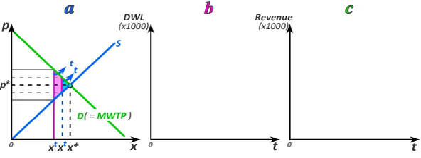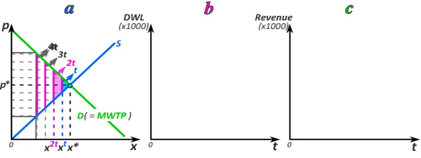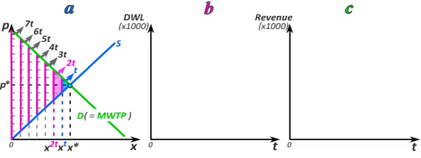We then double the tax rate to 2t and see how the deadweight loss triangle expands by the magenta area. Notice that the magenta area is 3 times the size of the blue area, and thus as we increased the tax rate by a factor of 2, we caused the deadweight loss to increase by a factor of 4. As we increase the tax rate further, each time the addition to the deadweight loss is larger than it was